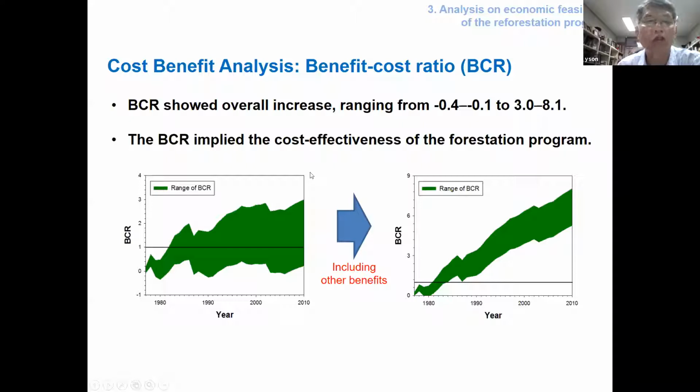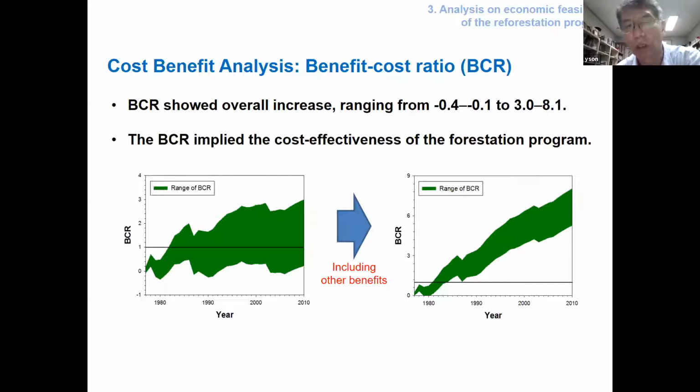In other words, this BC ratio shows reforestation is cost effective. Again, in other words, even though you invest money for reforestation, the benefit will be higher than the investment for